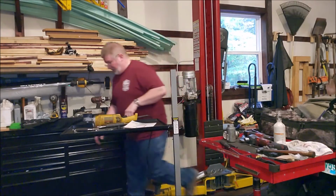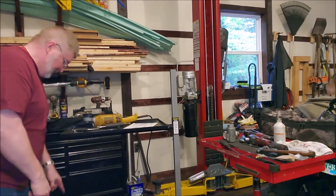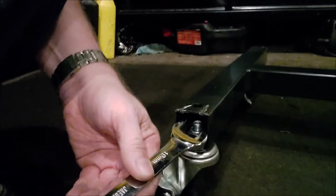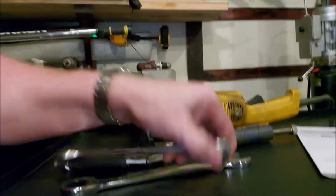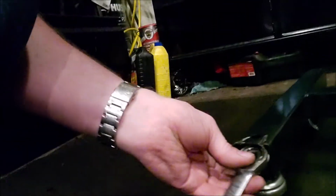Glad you asked. Well, for starters, you need a 19 millimeter wrench to get to the casters. Let me pick it up and show you a little closer so you know exactly what I'm talking about. If you have a standard 19 millimeter wrench, it doesn't fit in that tubing. There's no way that thing's going to fit in there. You know what I'm saying? So what I ended up using was a 19 millimeter shallow with a 17 millimeter wrench, because that's the lowest profile tool I could actually get to use on this. However, to get in there and to get it tight,